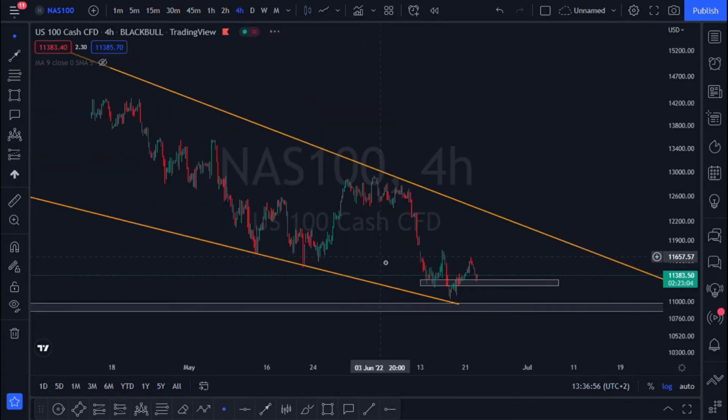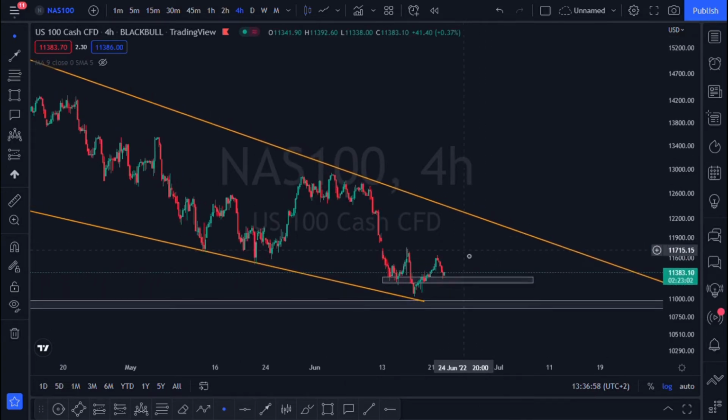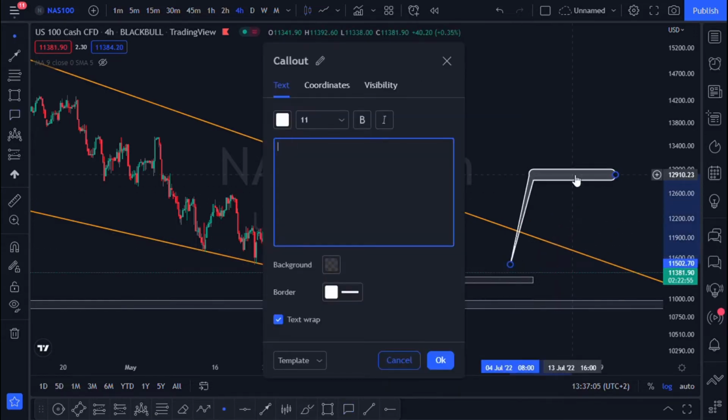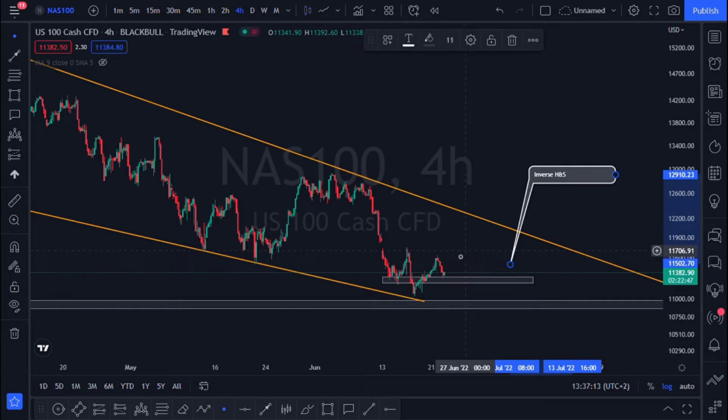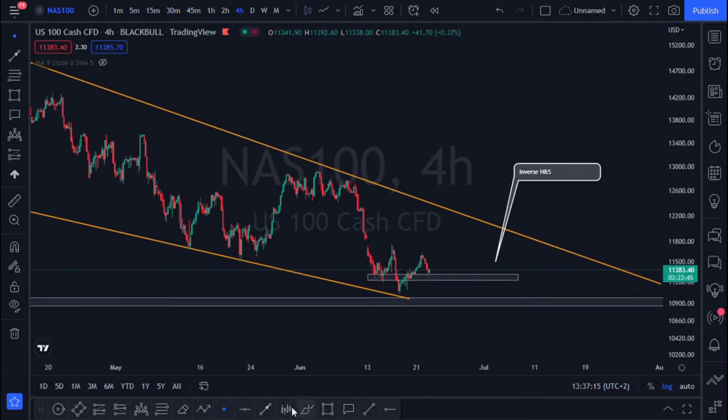we get to see structure giving us a beautiful inverse head and shoulder structure right over there. So one thing that I would do is pull out my text bar, and then I would say we have an inverse head and shoulder. We have a beautiful inverse head and shoulder right over here, which means the structure is willing to break towards the upside. Structure is willing to break all the way towards the upside to match this level here. Remember that structure always wants to match its previous highs. So you're looking for a beautiful move all the way up there,